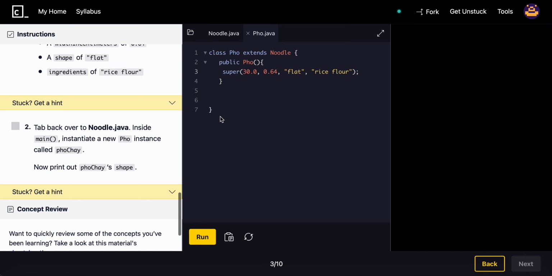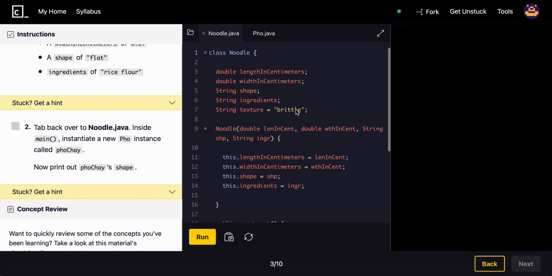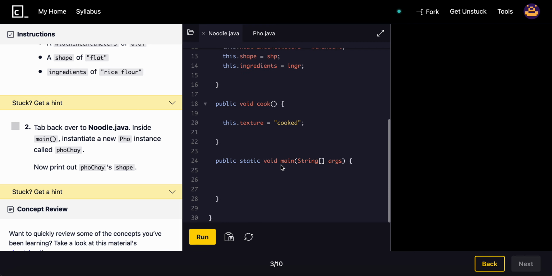Perfect. Now tab back over to noodle.java. Inside main, instantiate a new fo instance called fo_che. Let me just go ahead and do this. So fo is a type of noodle, if you didn't know. And then equals new fo. Voila. Now print